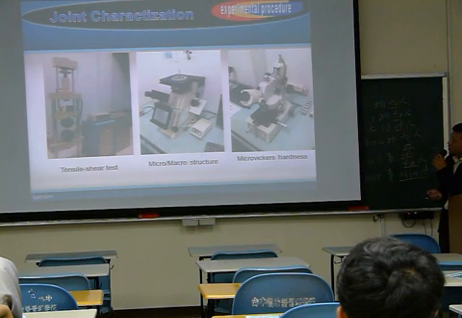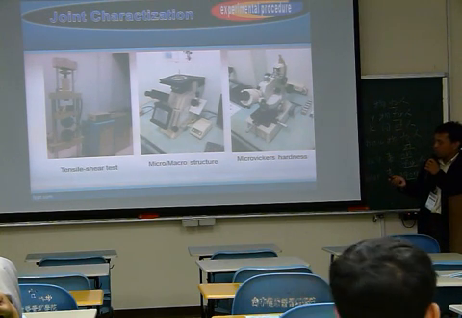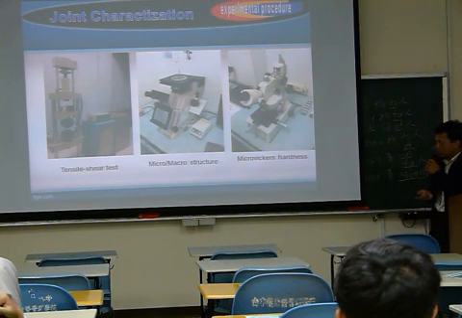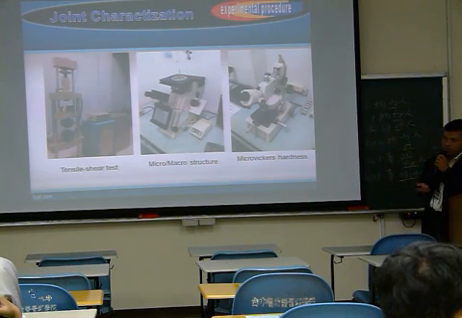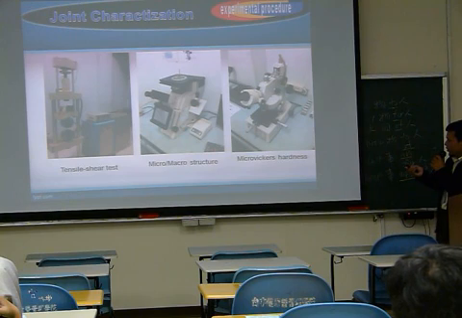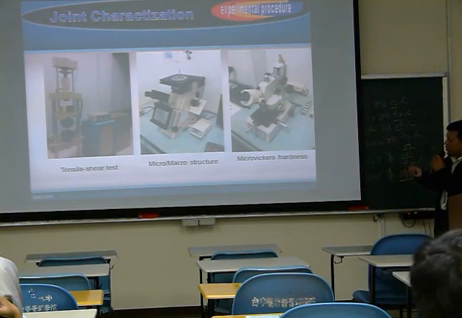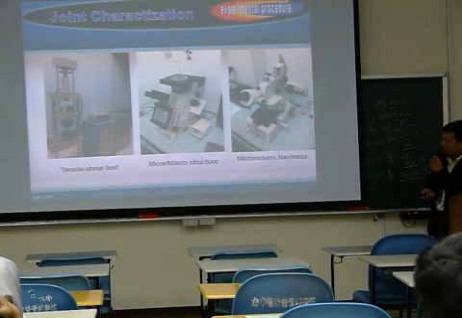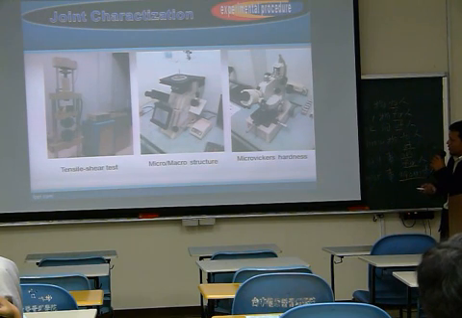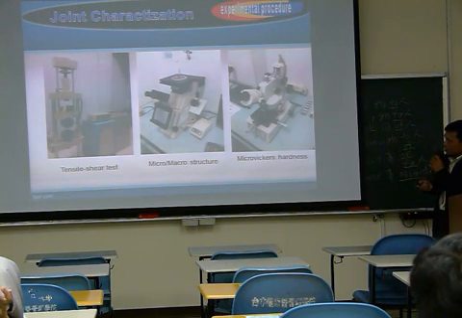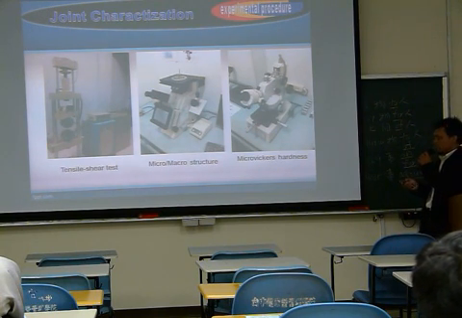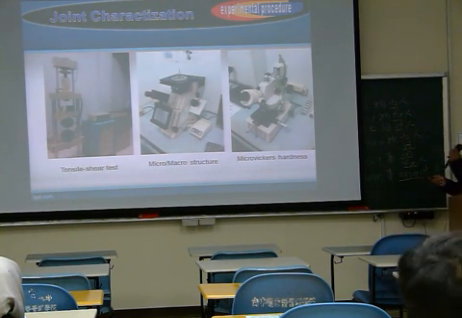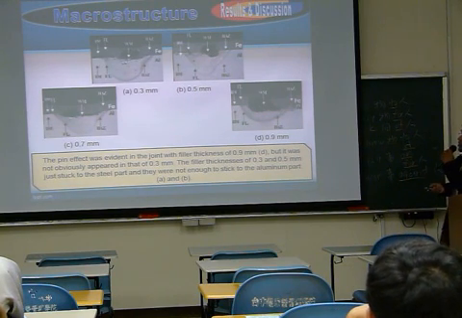And for joint characterization, we use UTM, universal testing machine, to know the mechanical properties, and microvickers hardness to know the hardness of the weld, and to know about macro and microstructure, we use an optical microscope. Okay, the result is